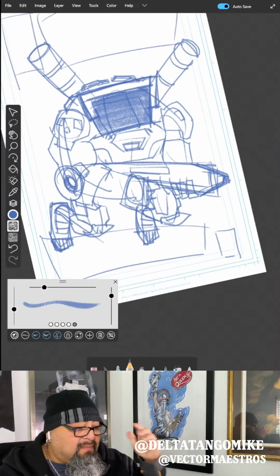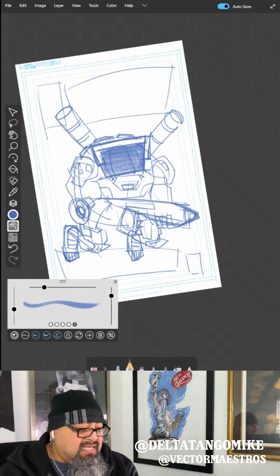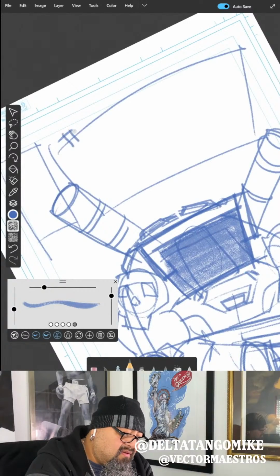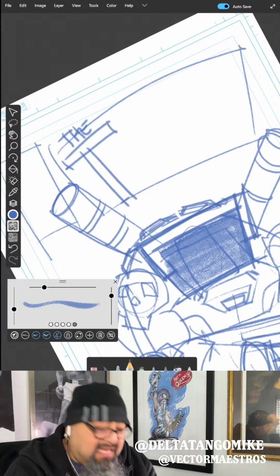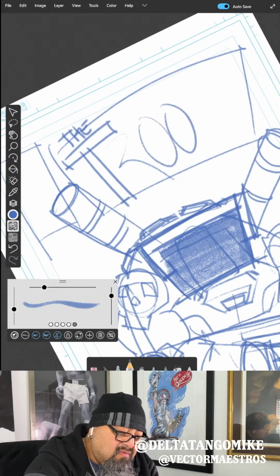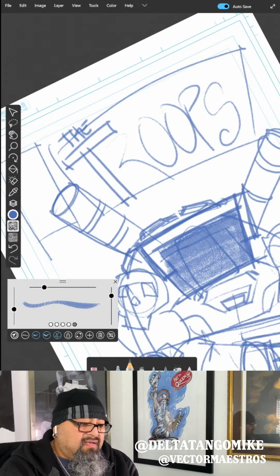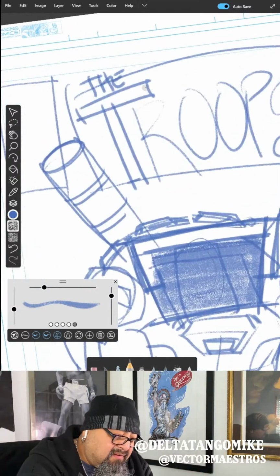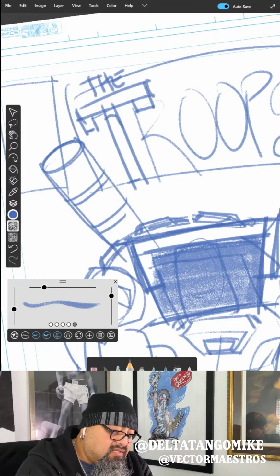Okay, so this is the basics, right? We got the basics. And so his troops, the troops. We're going to call it the troops. I just made it up. As I'm streaming, I kind of came up with the idea, the troops. So let's do the, I'm just kind of making the letters. You know, and it should be kind of digital letters. That's what I'm going to end up doing.